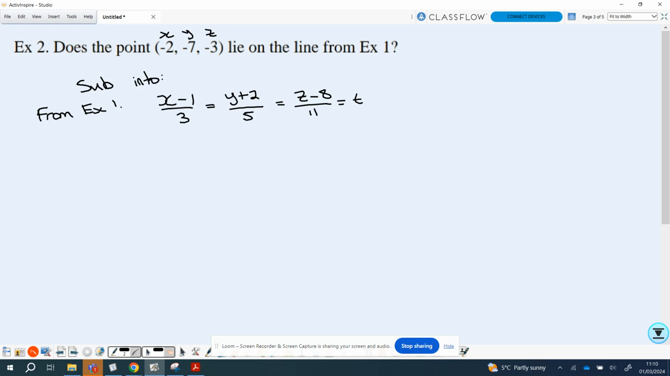So if I put -2 into the x, it will be -2 minus 1 divided by 3. And if we work that out, that would actually give us the answer -1. Okay. If I then do it for the -7 for the y, then it'll be -7 plus 2 divided by 5, which again would give me the answer -1. And if I did it for the z, that would be -3 minus 8 all divided by 11, which again will give me -1. So each fraction does give me the same value, as they should because they all equaled each other. So therefore, since we get the same solution,